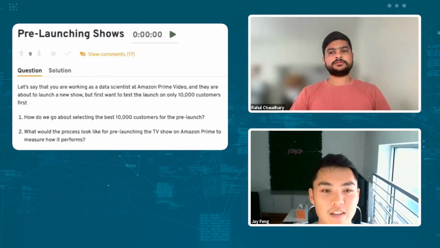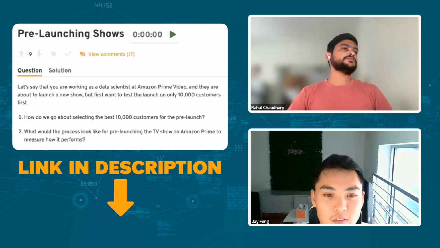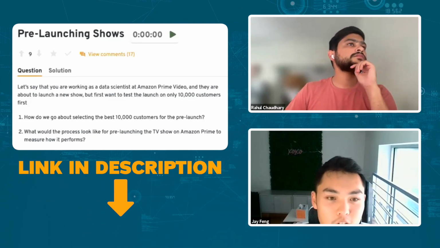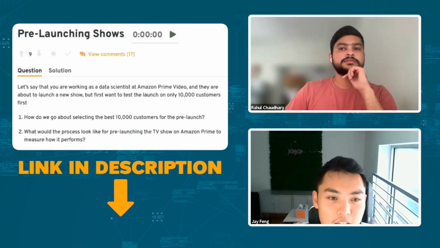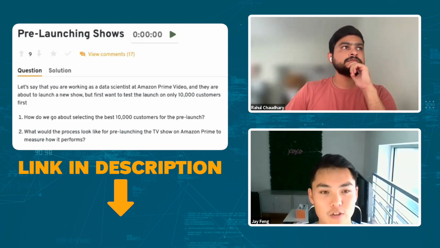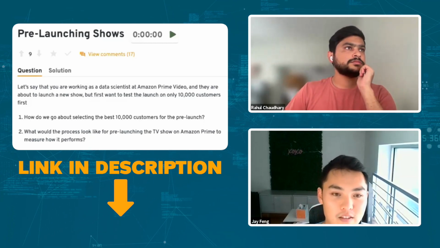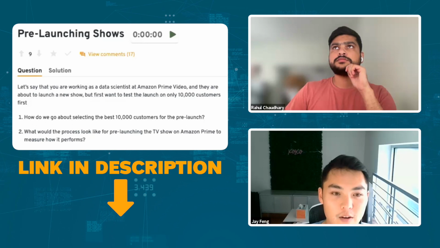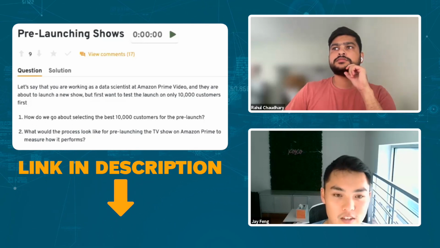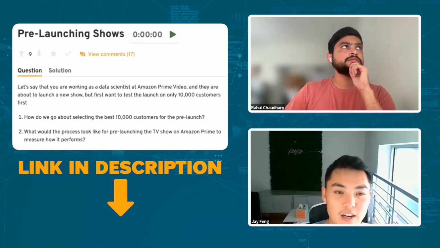So let's say that you're working as a data scientist at Amazon Prime Video, and they're about to launch a new show, but first want to test the launch on only 10,000 customers. So first question would be, how do we go about selecting the best 10,000 customers for the pre-launch? And then what would the process look like for pre-launching the TV show on Amazon Prime to actually measure how